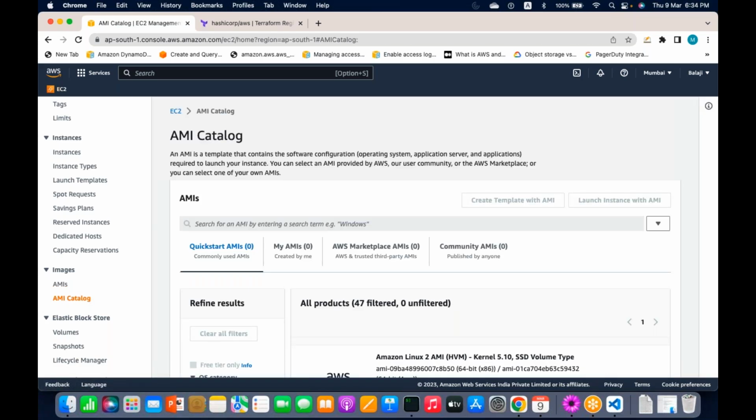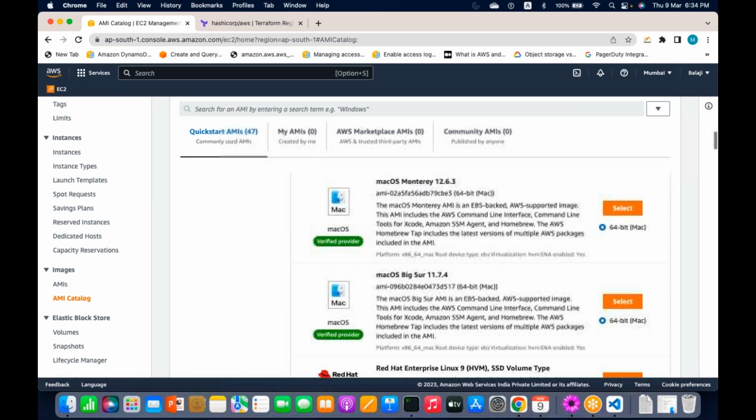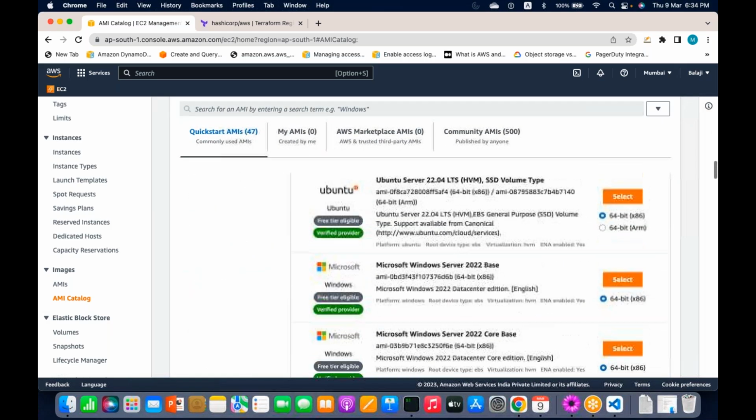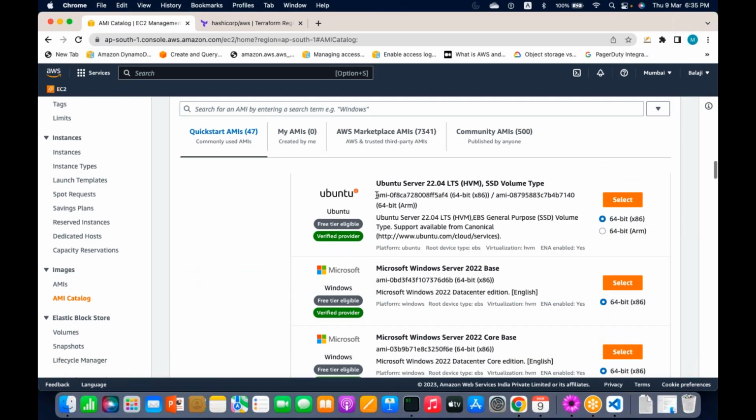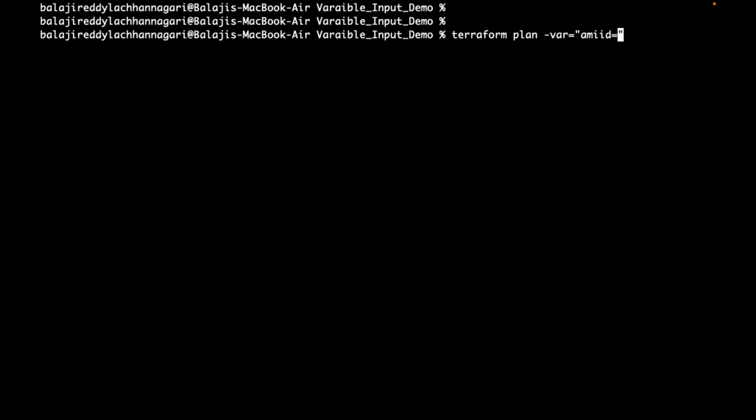Now, let's say I want to create an AWS instance using Ubuntu AMI instead of Red Hat AMI. So instead of Red Hat AMI, if I want to use Ubuntu AMI, I can pass this AMI ID like this: the variable name, the AMI ID, and the value, something like this. And one more,